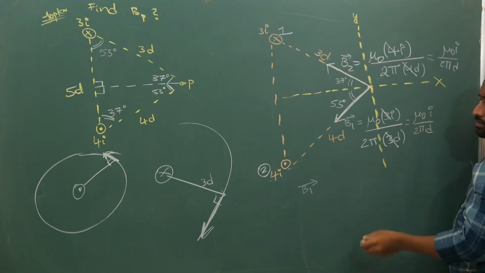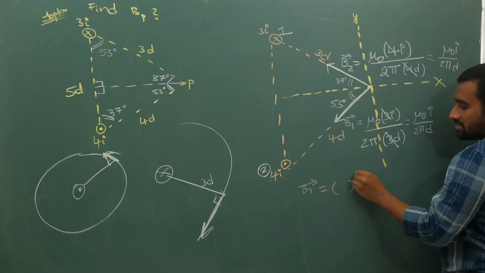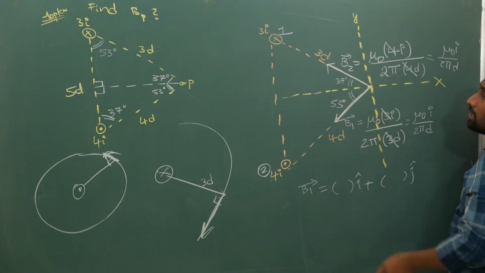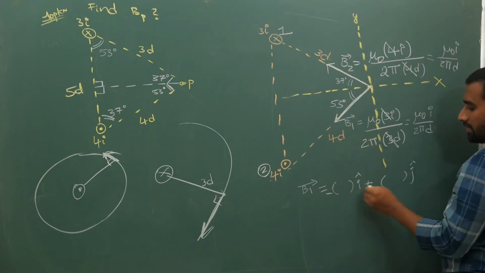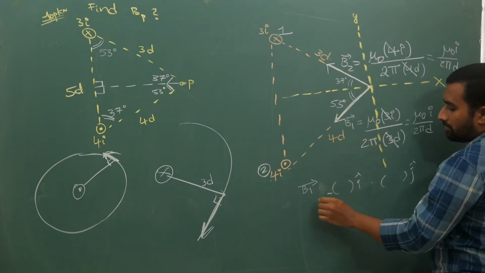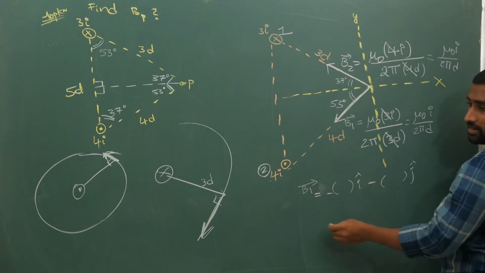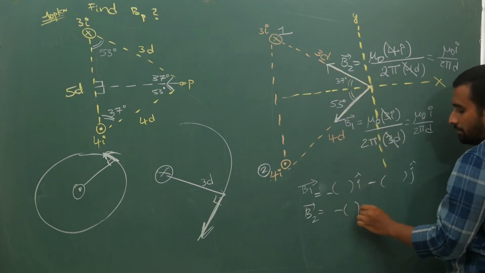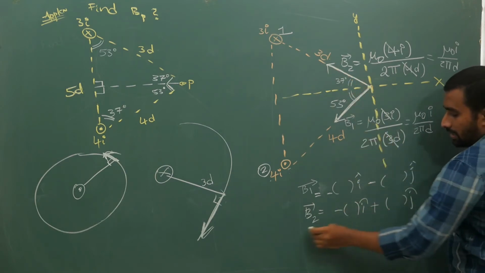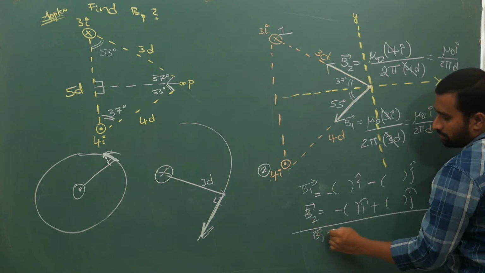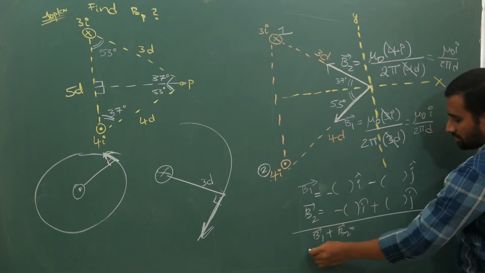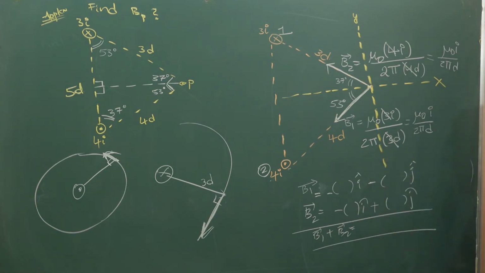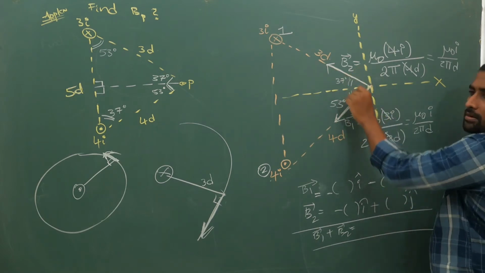Now, one way you can do it is to write this as vector i cap plus vector j cap looking at the angles. Your B1 bar is in the third quadrant, so you will have a negative x component and a negative y component. Your B2 bar also will be negative i cap plus positive j cap, and you can add these two, B1 bar plus B2 bar, like this and give the answer in terms of i cap and j cap, depending upon whatever is the answer, it belongs to that quadrant. Or else, these two are perpendicular to each other.